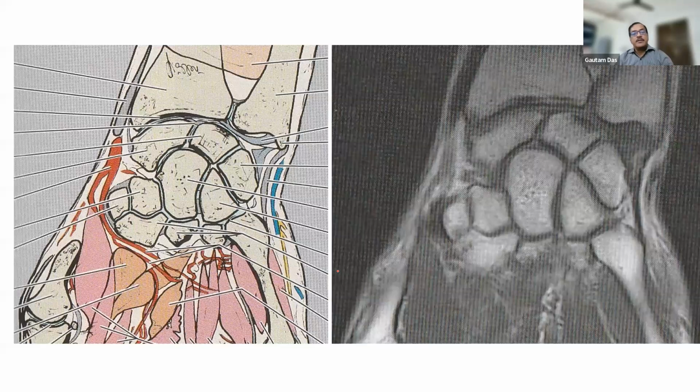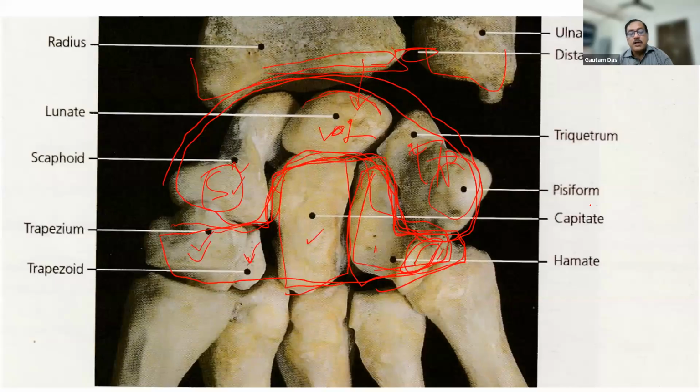And if you have the MRI, you also have to remember the bones: scaphoid, lunate, triquetrum, and pisiform is over there. Then trapezium, trapezoid, capitate, hamate, and the hook of the hamate will be here. And other things to remember when we are looking at this,